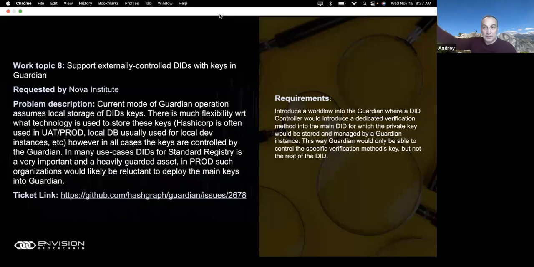At the moment, all the keys are stored in Guardian, and there are various methods for how you might want to store them. Not how you as a user would store them, but you as a provider of Guardian service, you could choose to use HashiCorp Vault for key storage. You could integrate your own system because we've got this API.